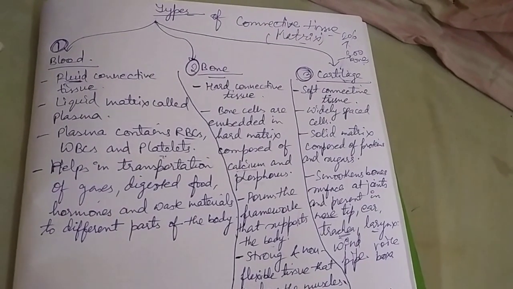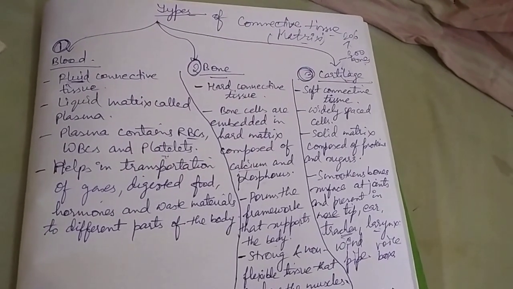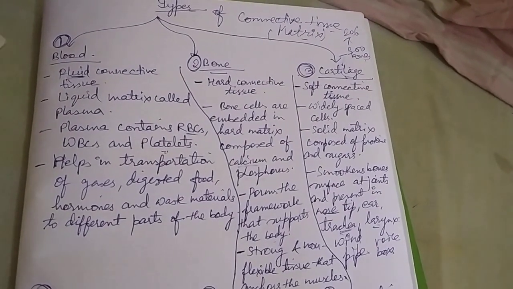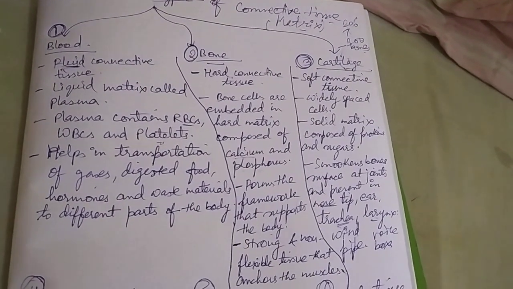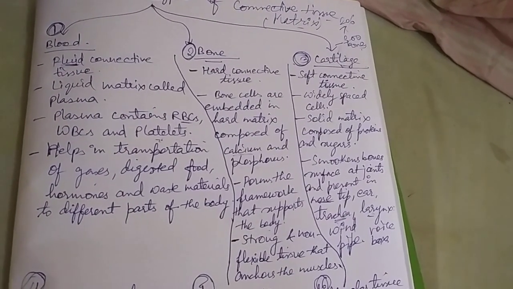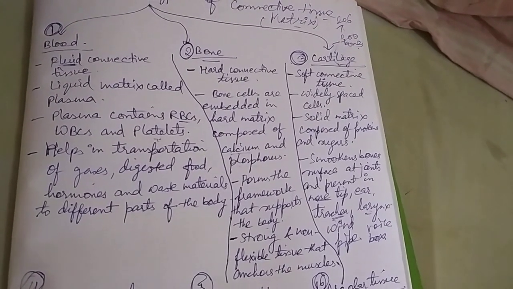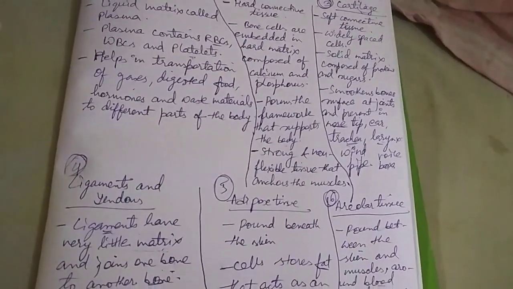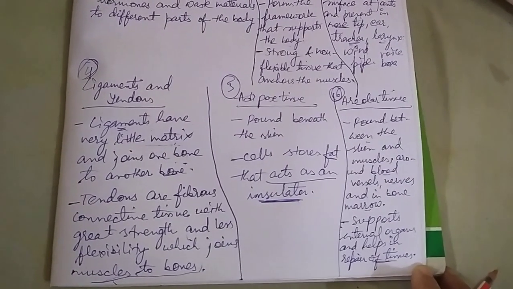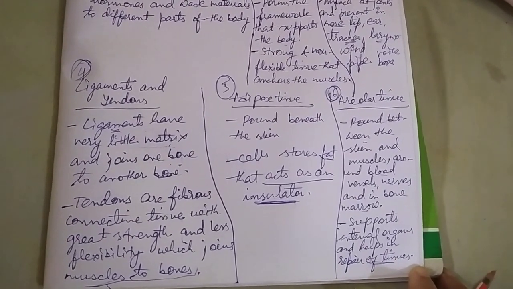Blood is the fluid connective tissue which is present throughout the body. It flows throughout the body and carries oxygen, digested food, and waste materials. Bone is the hard connective tissue which forms the framework of the body and supports the body. Cartilage is a soft bone present at certain places of our body like the nose tip, ear, trachea, larynx, etc. They are generally flexible, and they are present especially in the joints. Then ligaments and tendons, which help to join bones together, and muscles with bones, respectively. Adipose tissue is associated with storing of fat, and is found beneath the skin.